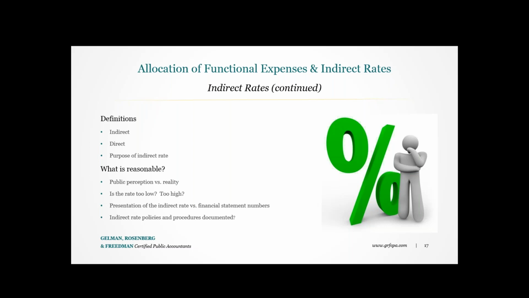ASU 2016-14 has created a better roadmap for readers of financial statements in understanding numbers in a more transparent and articulate manner, and therefore the consistent communication of ratios and other administrative percentages to readers through the indirect rate calculation is a critical part of the external financial statement reporting process. There are certain organizations that claim they operate at 5, 6, 7%. A quick review of those financial statements may lead the reader to conclude a different percentage. Additionally, a very similarly sized and structured organization may claim 18%, but the financial statements speak to that rate through a quick review of those numbers.